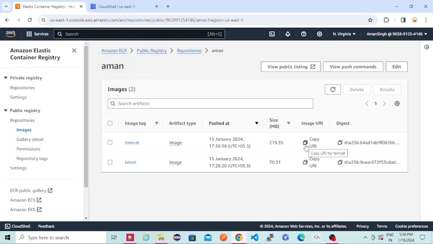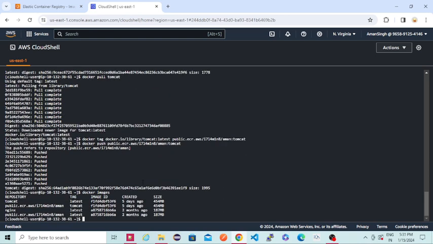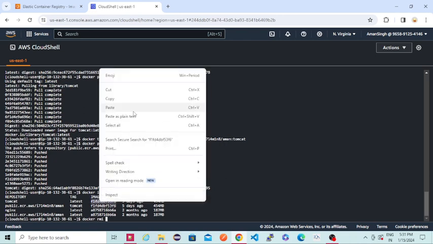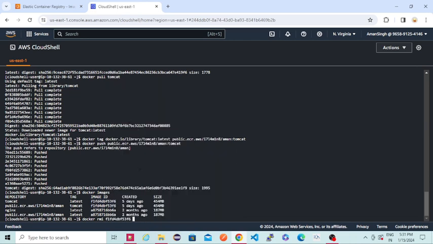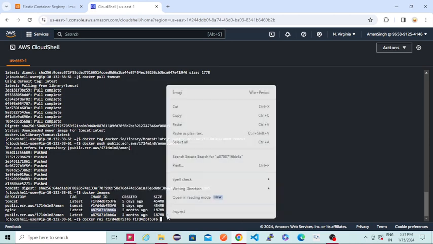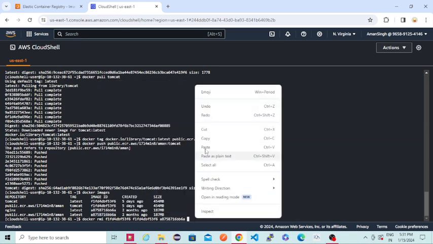Now for pull. If you want to pull an image, currently if you see docker images, we already have some, and what I'll do is remove all the images from here in this cell, and I'll try to pull an image now from this ECR, which we have pushed to. So let's assume you have some server where you want to pull those images. So how will you be pulling? First of all, what you need to do is, in that server again